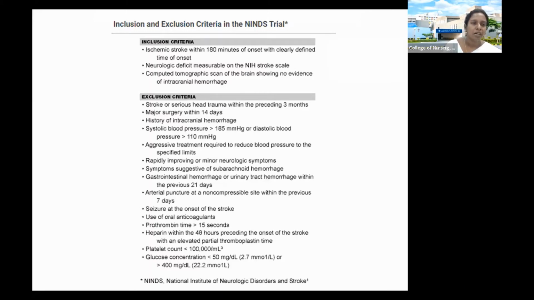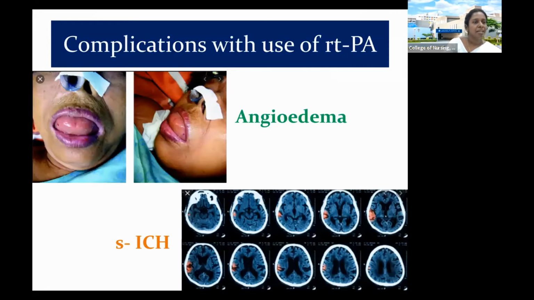We have absolute contraindications and relative contraindications. When I show you the guidelines, which is given by AHA, again, I will explain to you in detail. The major complications of RTPA, two major complications, are mentioned in the guidelines as well. One is angioedema. We have come across quite a few patients who have developed angioedema after administration of RTPA. Though it does not lead to a stage where we have to intubate, they still require intensive monitoring in